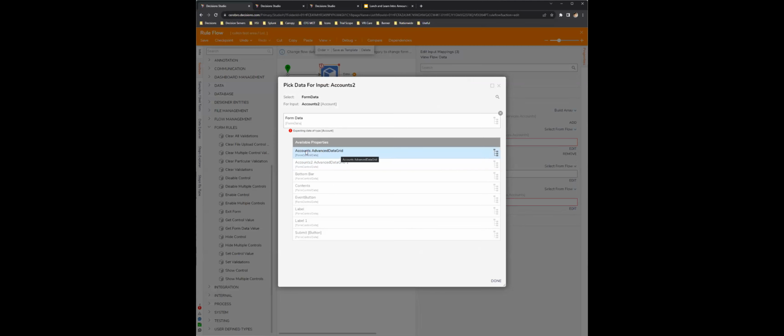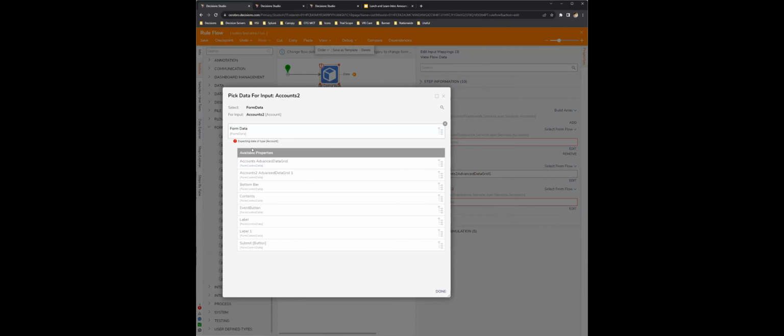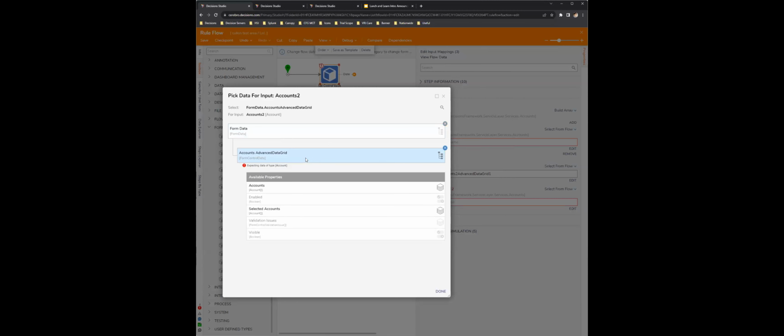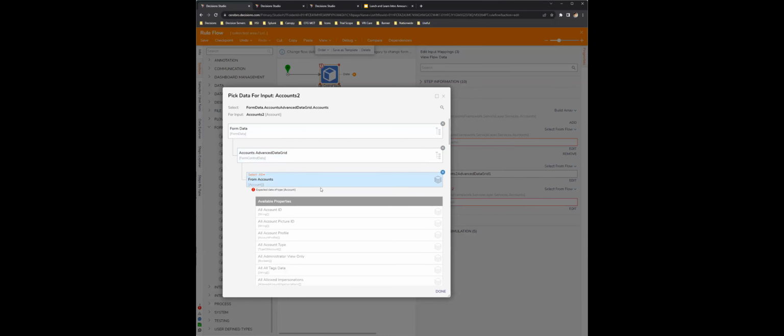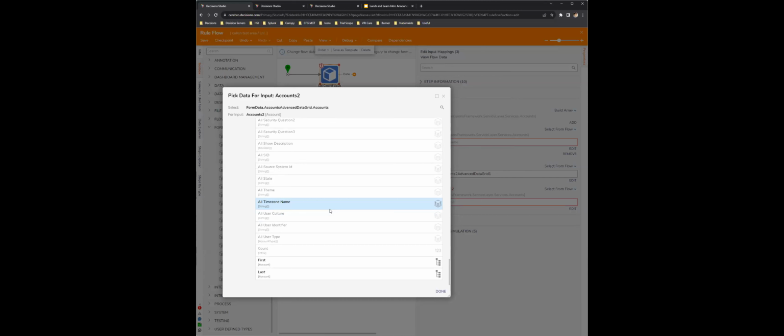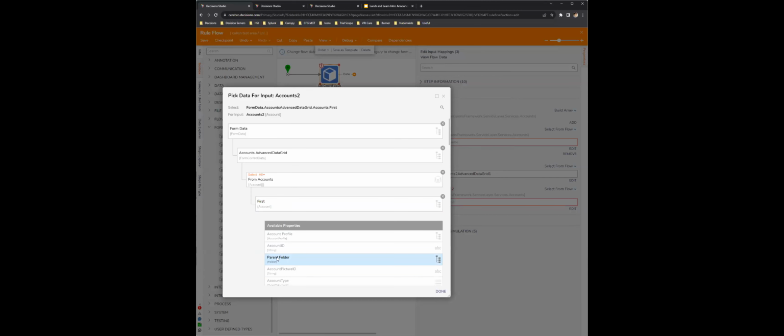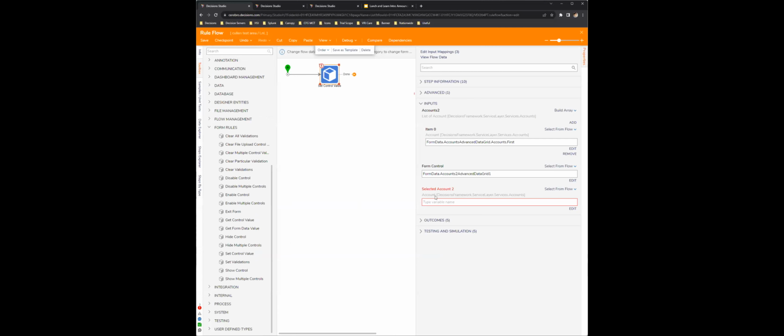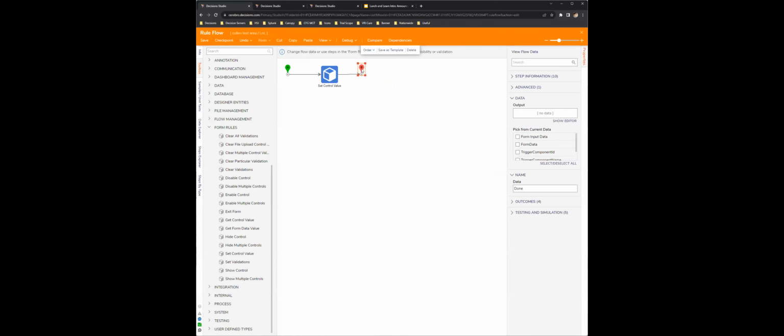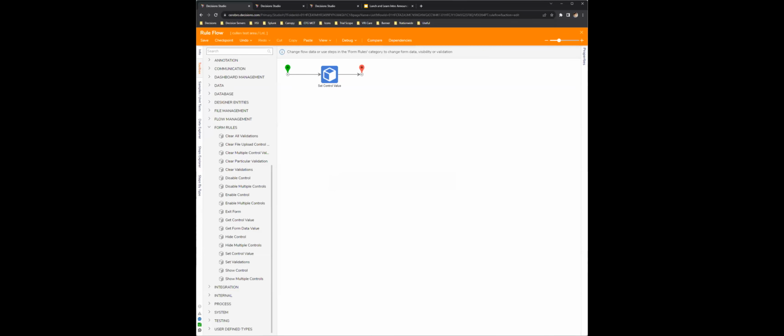So if I click on the form data and then our accounts here, we should be able to use the same variable here from accounts. And if we go to the very bottom, there's first account. And then we could leave the selected item null. There's no need for that. And that should be it. So that's not even considering what is selected there. This is only considering whatever is the first item in that list.